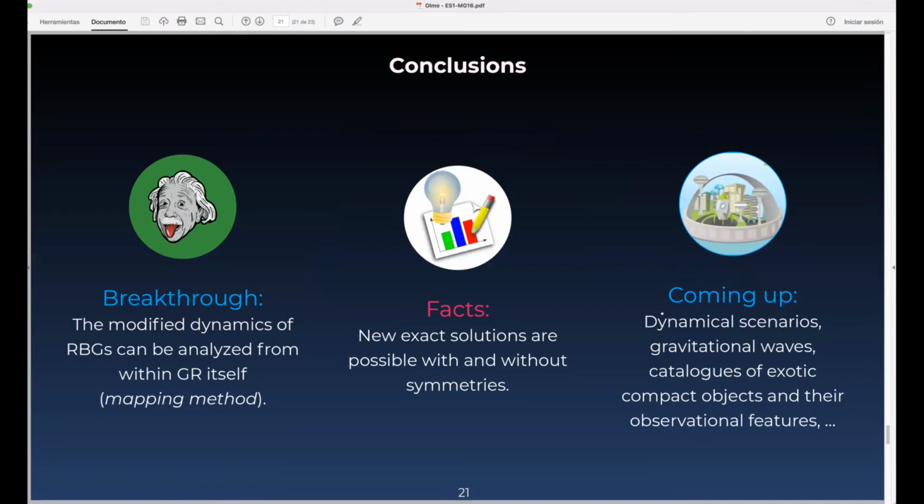The first is whether this model can solve the singularity problem of general relativity, as you mentioned that you have geodesically complete spacetime. And the other question is about cosmology. What can you say about cosmology?